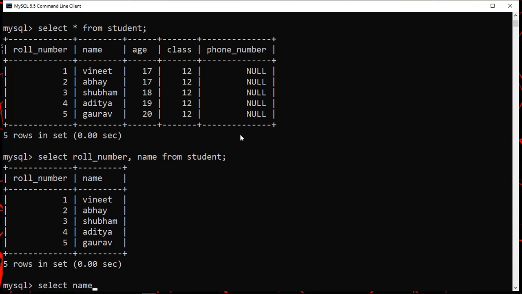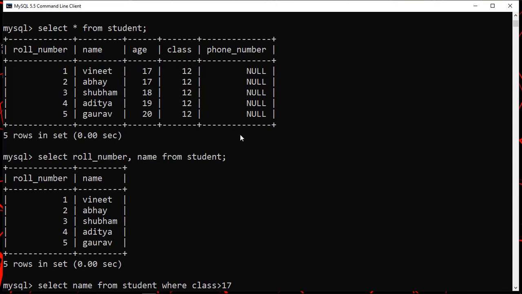But here I am saying that we want only the names displayed, of all those students who are above the age of 17. So let's write the query: select name from student where class, and class is greater than 17. Because we want the students of age 17.